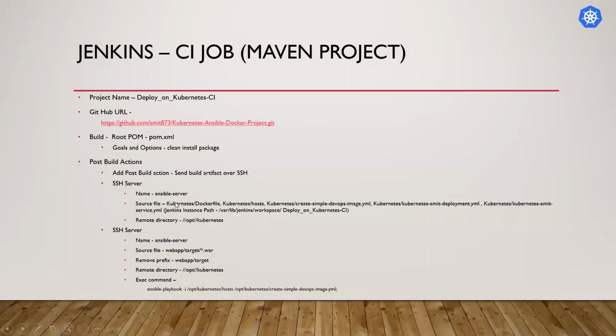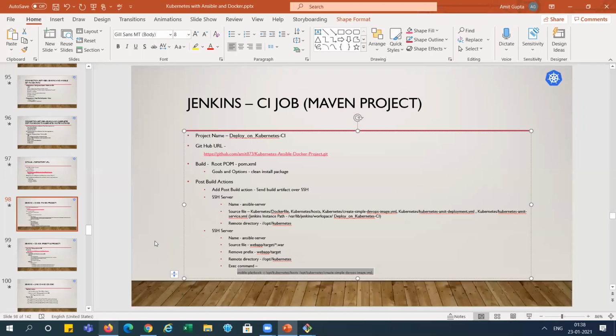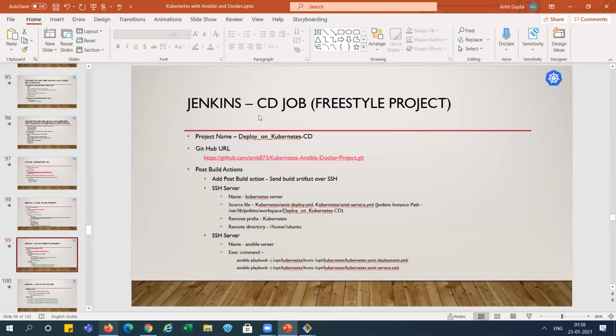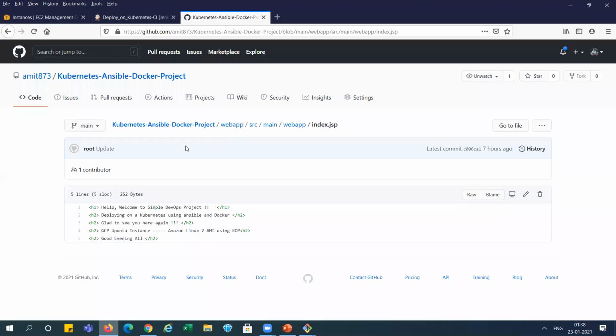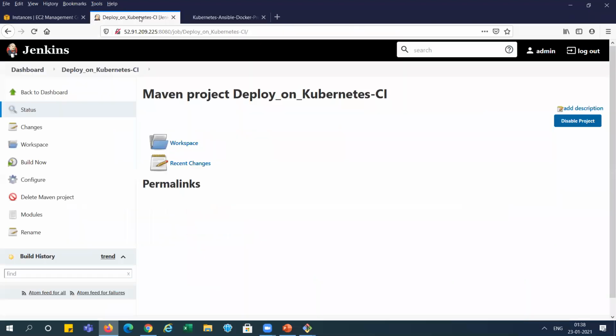So you can see I've explained these things and we have configured both things for the CI pipeline, right? So let's check and run whether it is working or not, right? Because in the next step, we need to create the CD job. So let's first check whether CI is running or not. Currently I'm doing it manually and later we will configure it to run automatically, right?